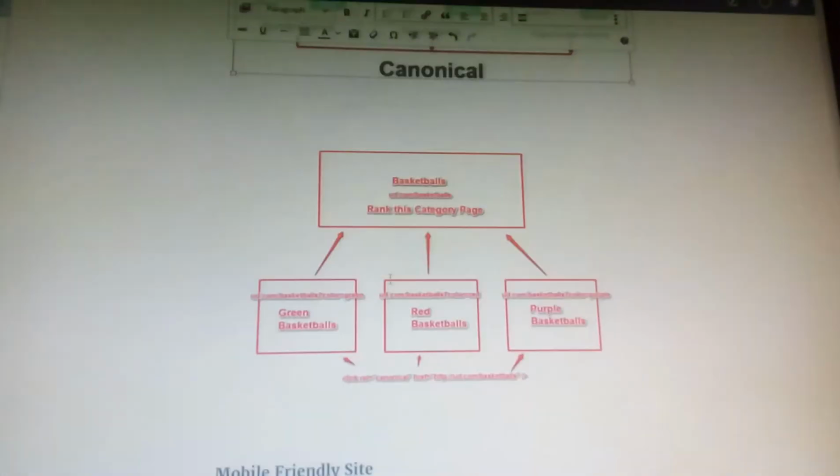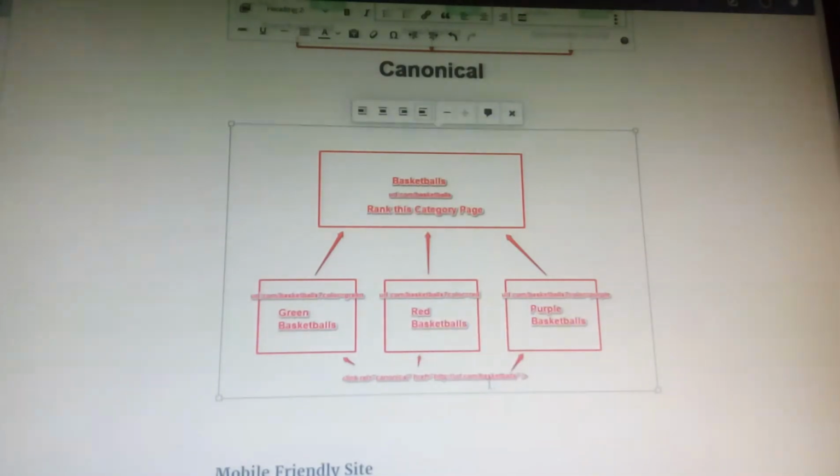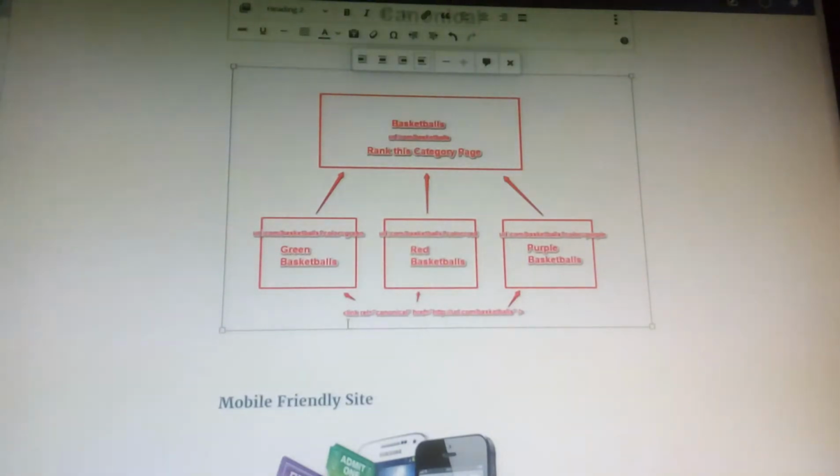This is the way we present the canonical tags: link rel equals canonical, href equals the URL.